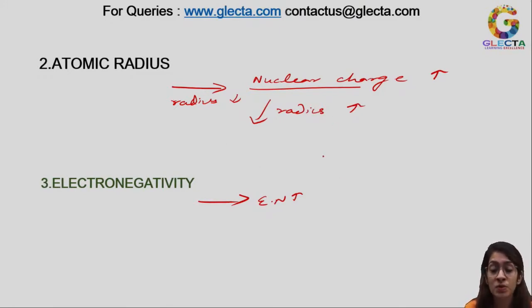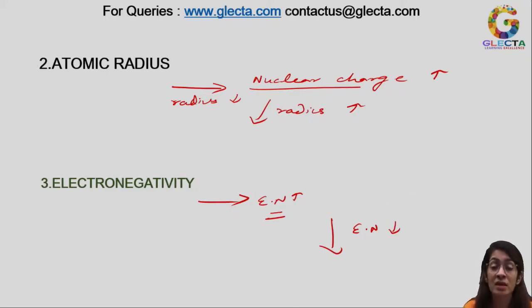So as the size decreases, the attraction between the nucleus and the valence electron would increase, and because of that increase in the attraction, the electronegativity will again increase. When we talk about down the group, what will happen? Down the group, the electronegativity would now decrease, because down the group the atomic radius